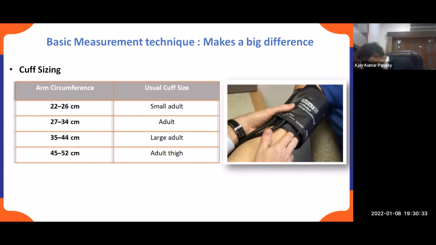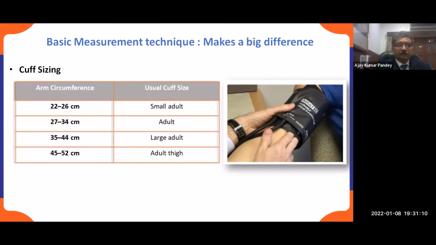and these are available with all international BP machines. I have a hand-beating machine with me. So these cuffs were specifically asked for by me. We need to ask, and they usually provide it, because we are using different types of monitors from Philips and other companies in our different ICUs. They all provide different sizes of cuff: adult, large adult, adult thigh, or for people who have very